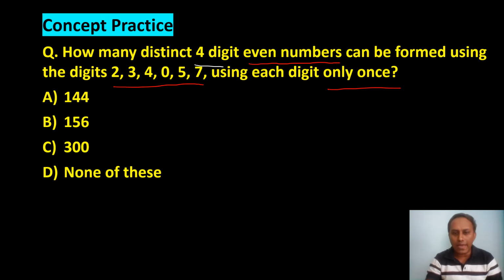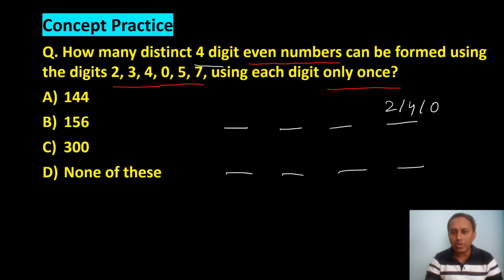So basically over here we have to fill 4 places. And first we need to deal with the even number. What are even numbers? Even numbers are those which are divisible by 2. So for that, the last place can be filled with 2 or 4 or 0. No other digit. But if I do it directly from here, the question is how many ways can we fill the first place? There will be a little complication. When 2 and 4 are sitting at the last place, let me erase this 0.